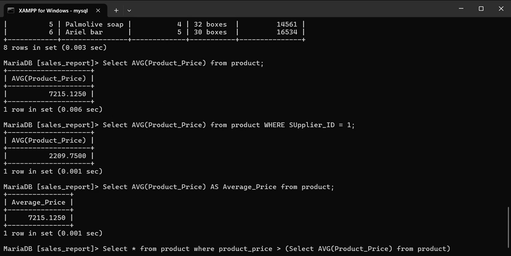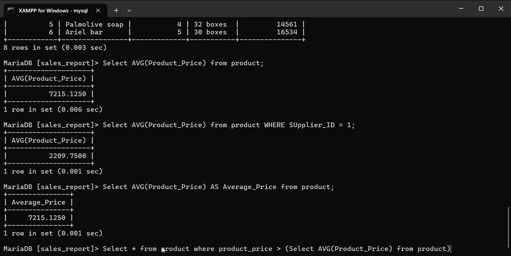So let's review. We are going to return all the products with a higher price than the average price. First, we are going to select all the products from our product table where the product price is greater than. Inside the parentheses, we are going to select first the average product price from the product, so we will be having the average by executing this first line of code.